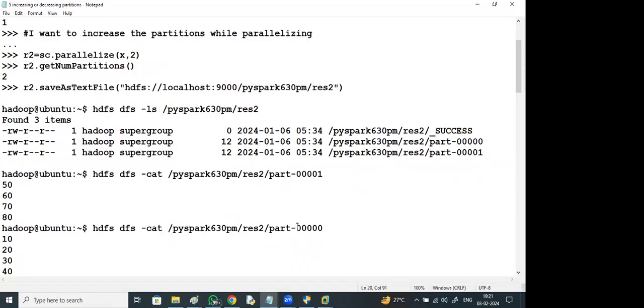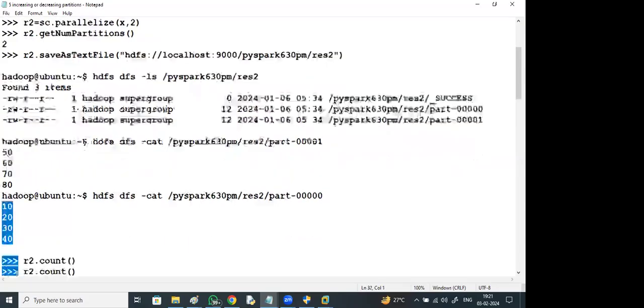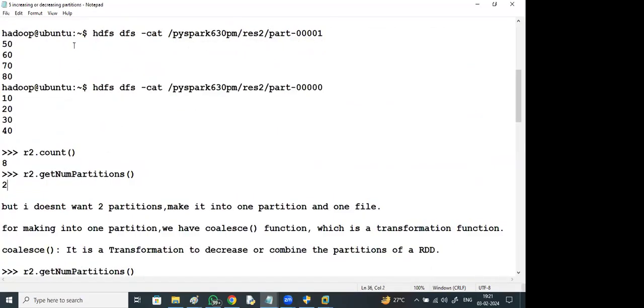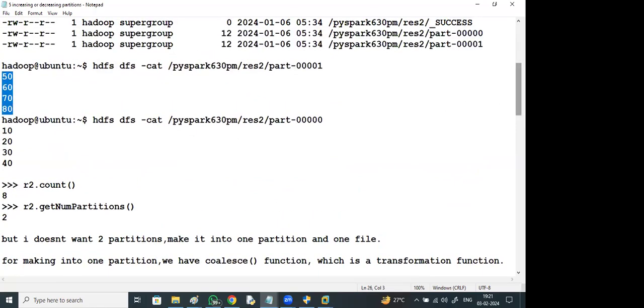Whenever you open part 00, there are 4 elements, and in part 001, 4 elements. So for 2 partitions, 2 part files. If you have some 100 records, 50 records will be in one partition and 50 in another. If 3 partitions, the data will be in 3 partitions.